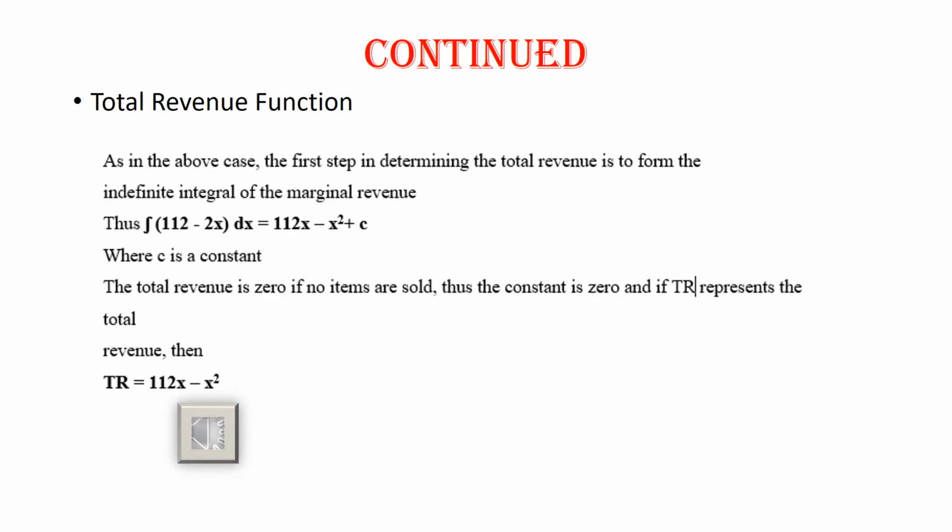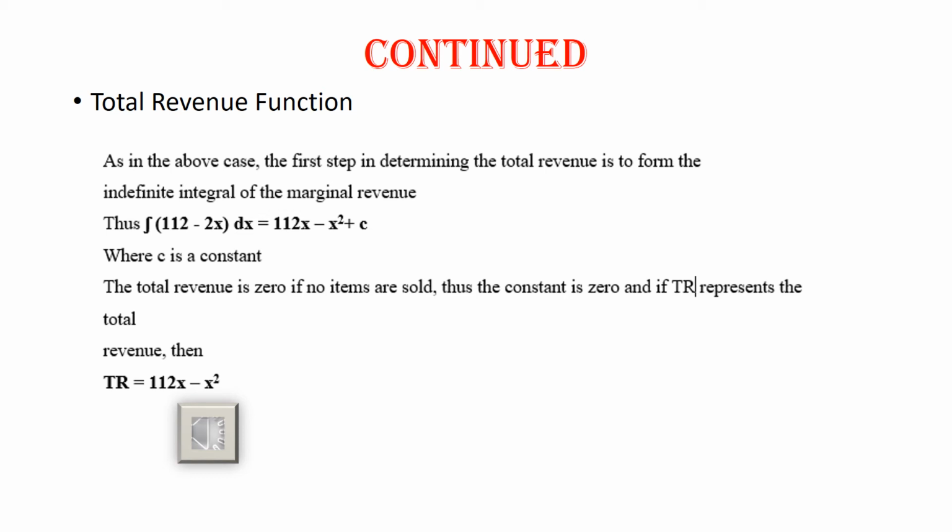Going forward, ladies and gentlemen, we have also been tasked with determining the total revenue function. As in the above case, the first step in determining the total revenue is to form the indefinite integral of the marginal revenue. The same steps we did, we will follow again here. Our marginal revenue function is 112 minus 2x. Therefore, integrating it using the steps named above, we shall get